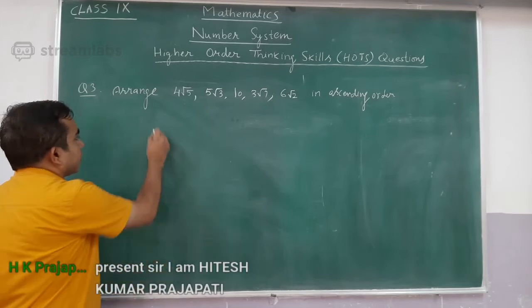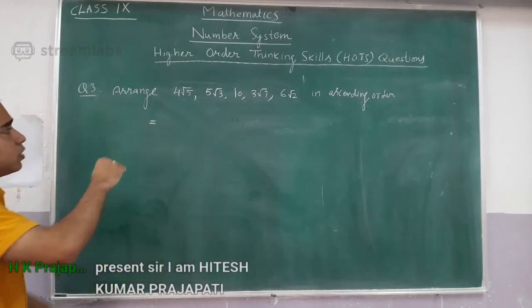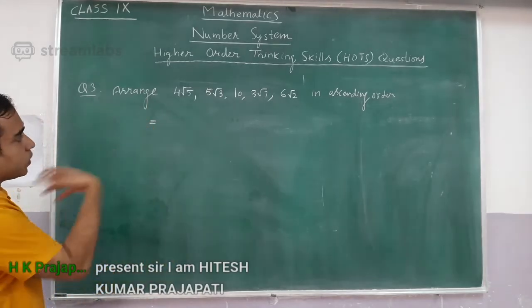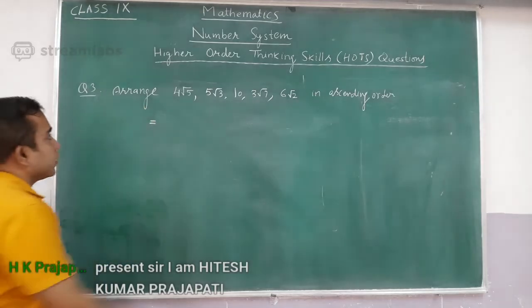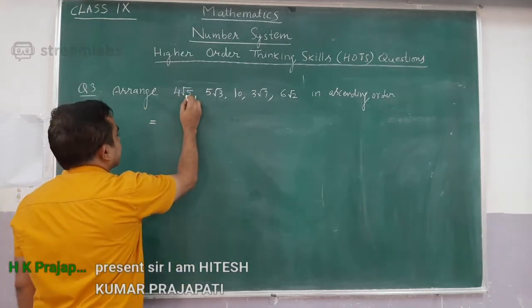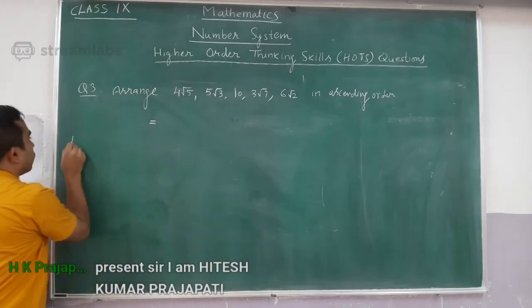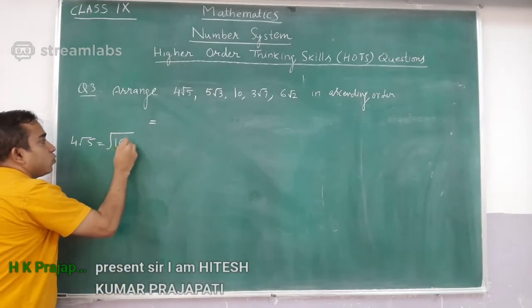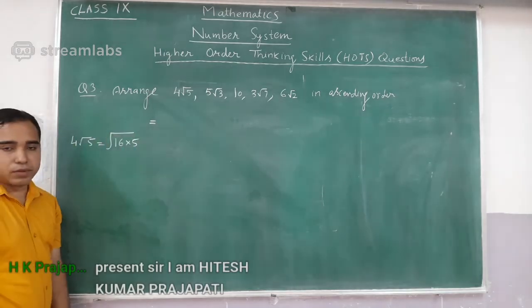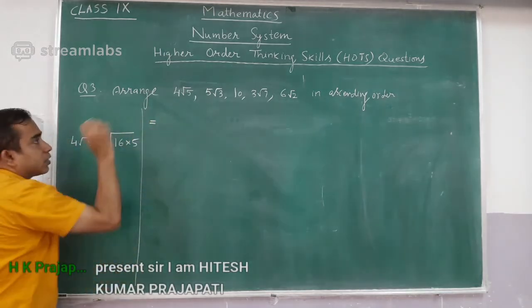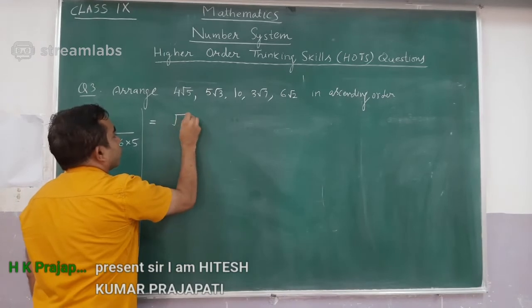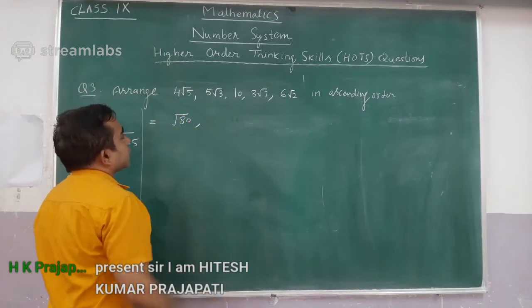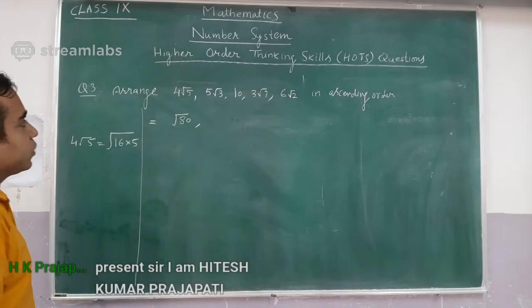Let's try. 4 squared, you find and send within the square root as a multiplier. So this will become 4 squared is 16, right? 4 root 5 actually is root of 16 into 5, isn't it? Next, so this will become root of 16 into 5, 80. This will become root of 25 into 3,